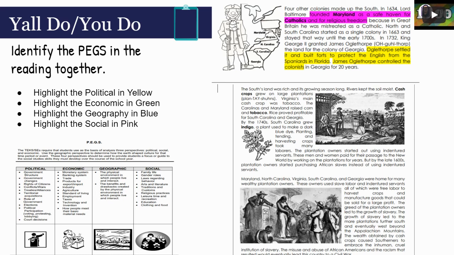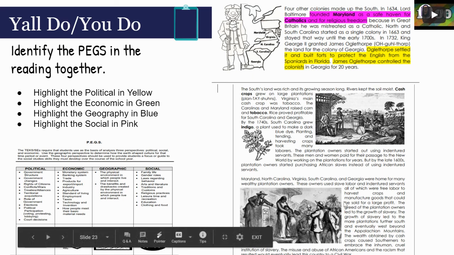Okay, so we have Oglethorpe settling this area as political, because he's the leader. And Maryland is coming there for religious freedom as social, because religion is a social or a culture trait. Okay. I'm going to stop here for just a second and expound just a little bit on